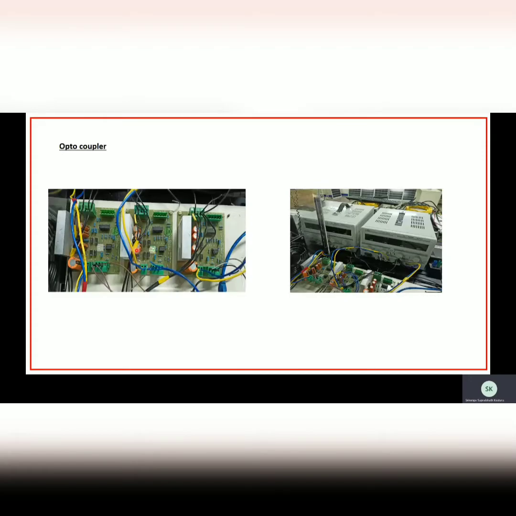These are the optocouplers. These optocouplers provide isolation between the sbRIO and the inverter. So if any reverse currents are flowing from the inverter, it provides isolation. It will not allow those reverse currents into the sbRIO. These three optocouplers are powered by using regulated power supplies of 20 volts.